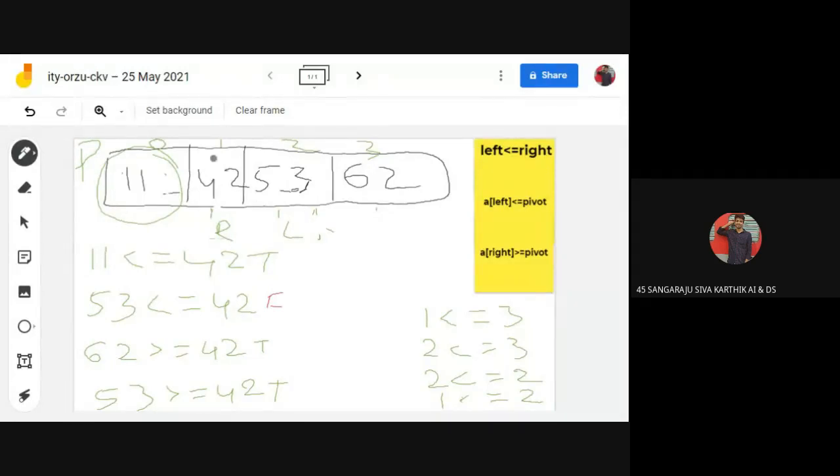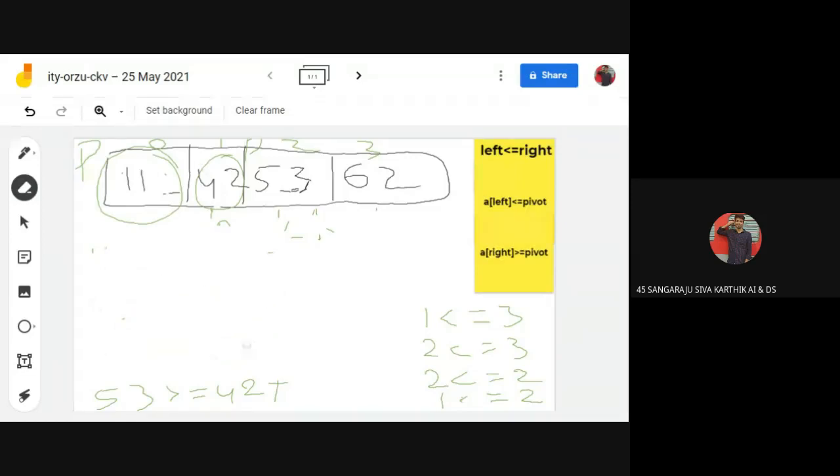So 42 is my pivot value. Then again it will go further. Then again it will take the left part and the right part.